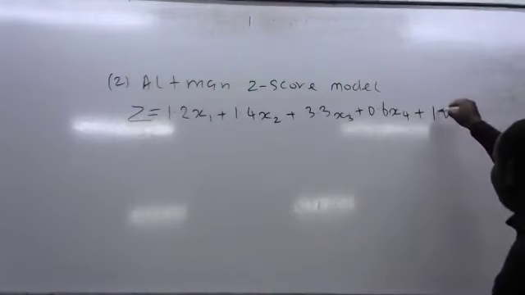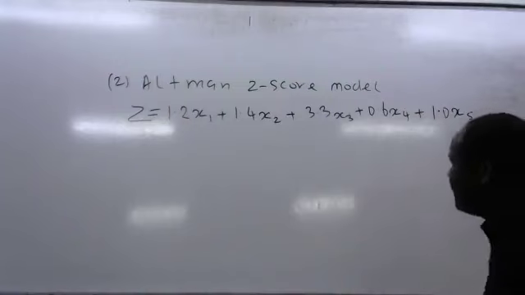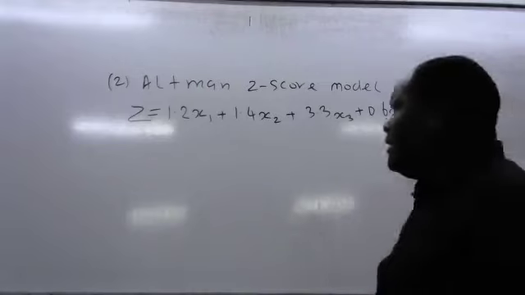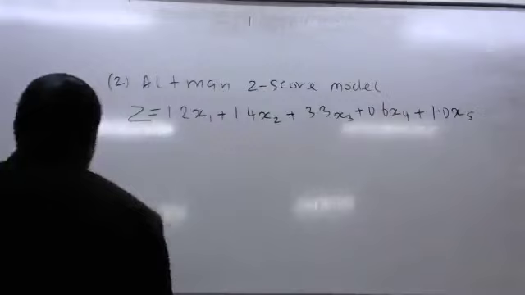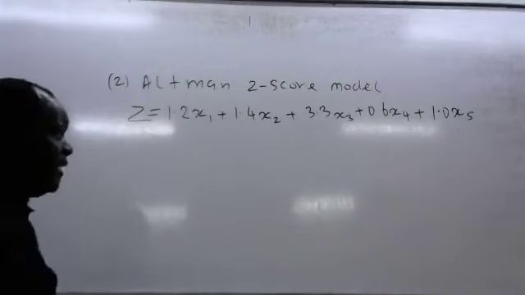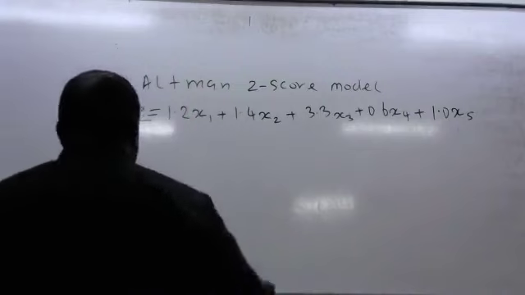So the Z-score will be equal to 1.2 x1, 1.4 x2, 3.3 x3, 0.6 x4, 1.0 x5, where